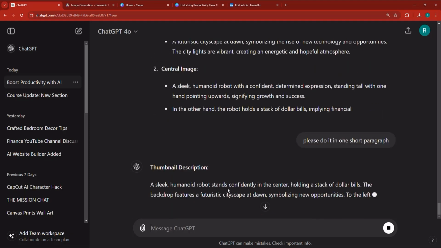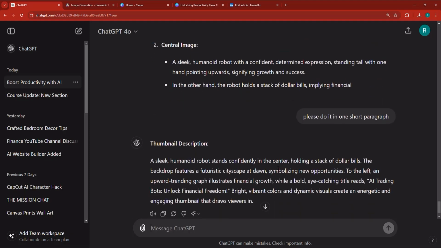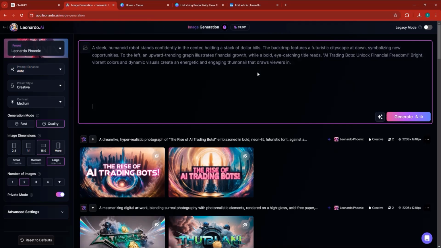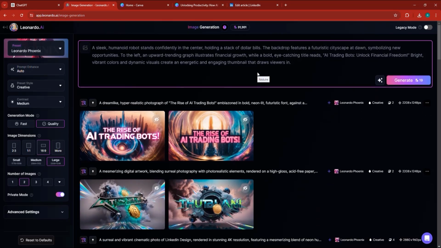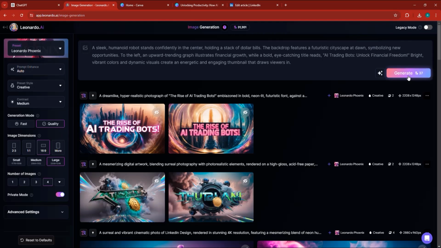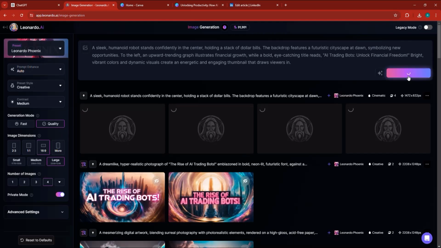stuff. So it says a sleek humanoid robot in the center, slick dollar bills in the backdrop, right? A bold title reads, and now we're talking. So I'm going to copy this prompt, go back here, and paste it in. All right, this time around, it's going to be good, I hope. I'm going to switch to 4 images this time to get better results, and then click generate, in which case,